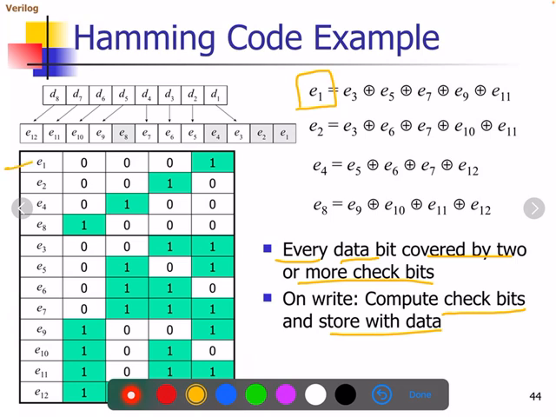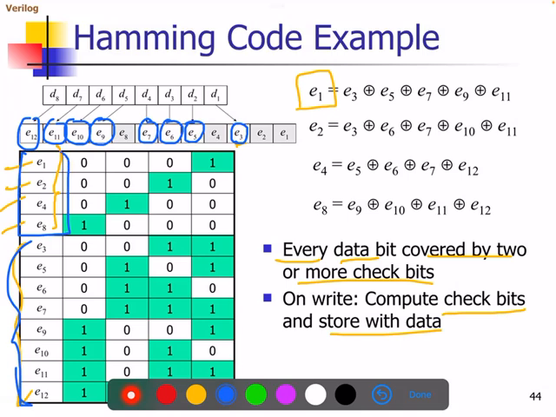First we have taken the check bits E1, E2, E4 and E8. These are the 4 check bits. Remaining are all the data bits that you can see here. E3 is data, E5 is data, E6 is data, E7 is also data, E9, E10, E11, E12 are the data bits. Initially, the 4 bits we have written